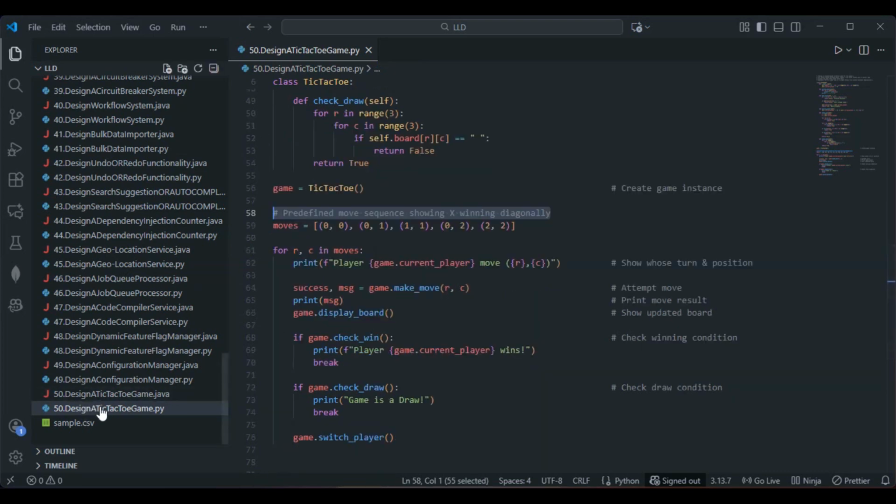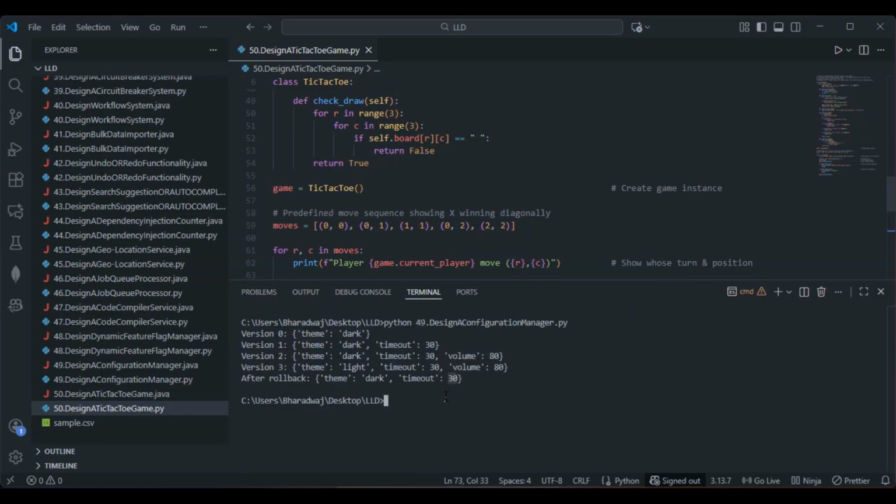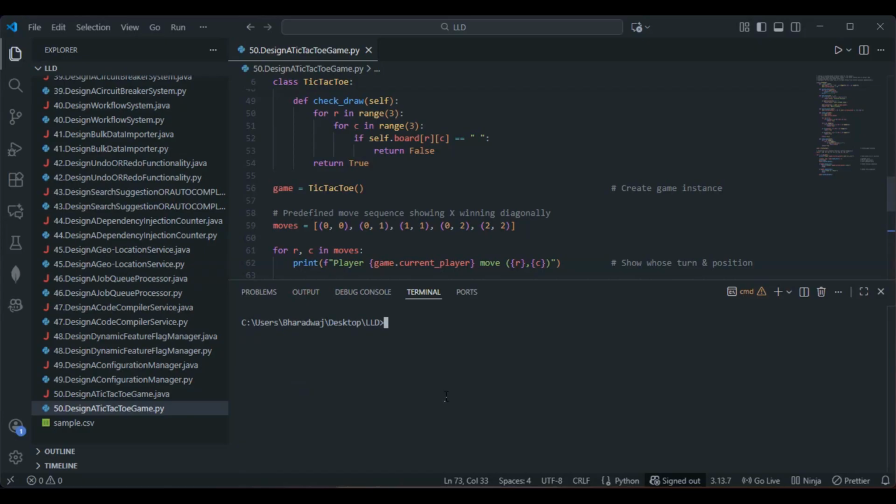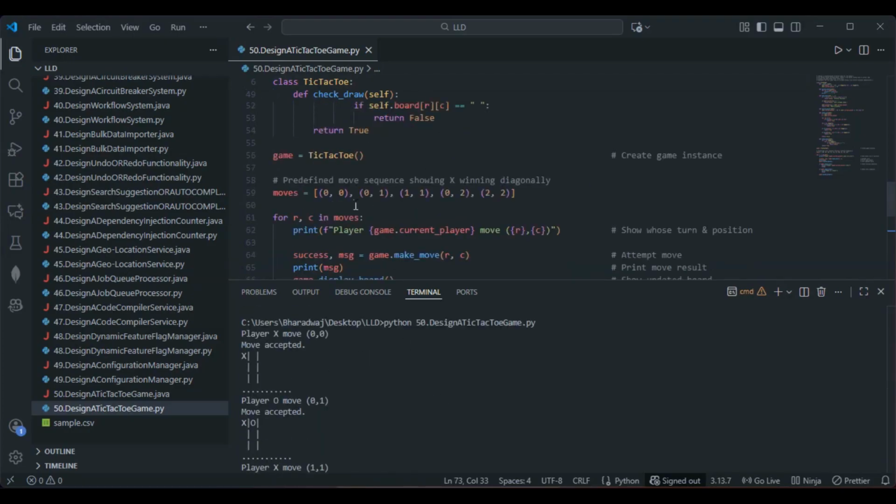Let me do one thing before explaining. I'll just run the code and then explain this one. Let me clear the screen here. Just type python followed by the file name dot py. So see here, first thing we are doing, we are going with the predefined move sequence showing X